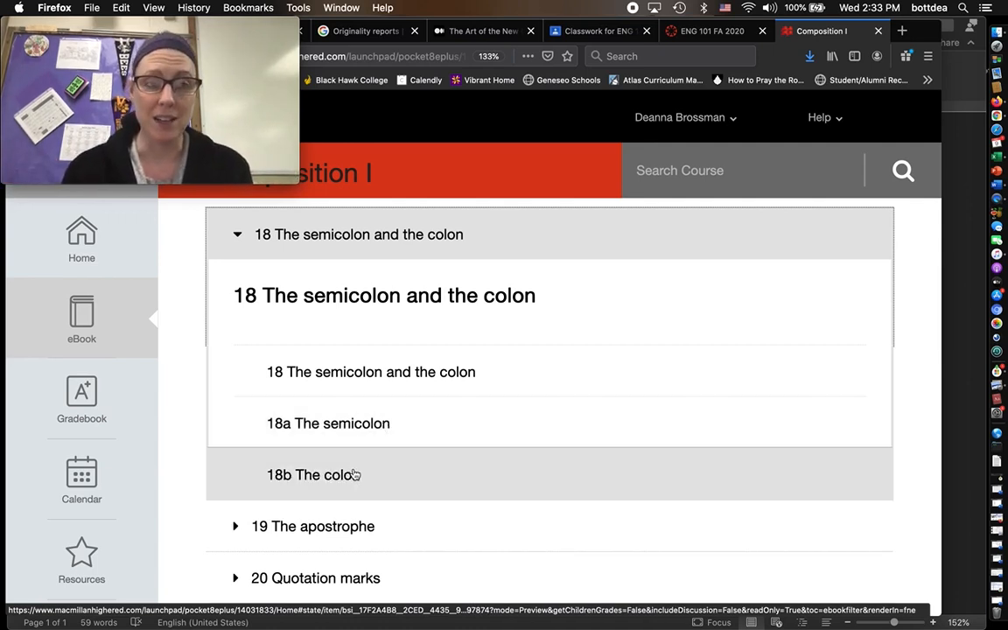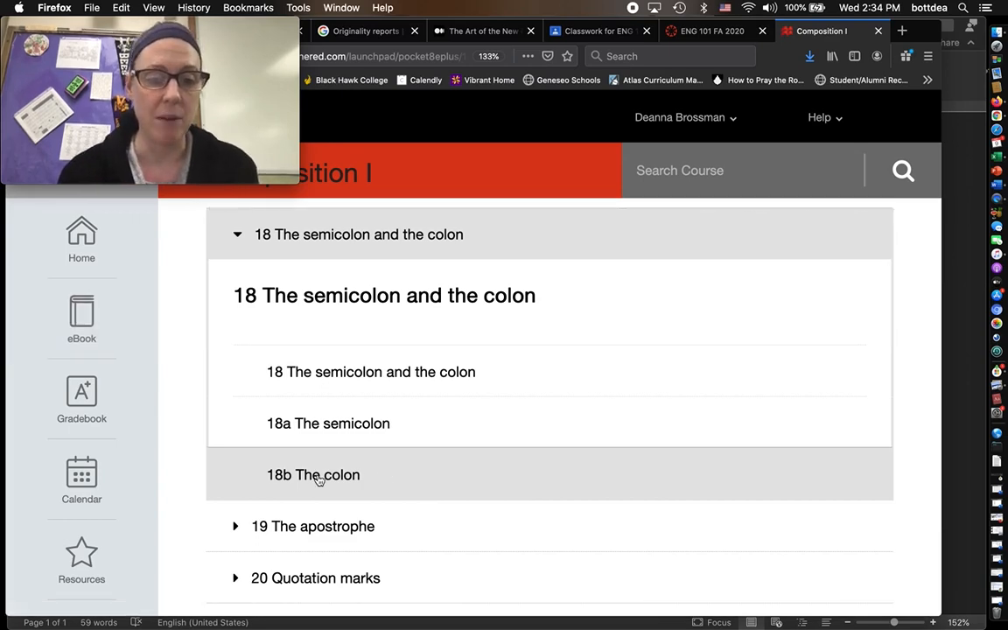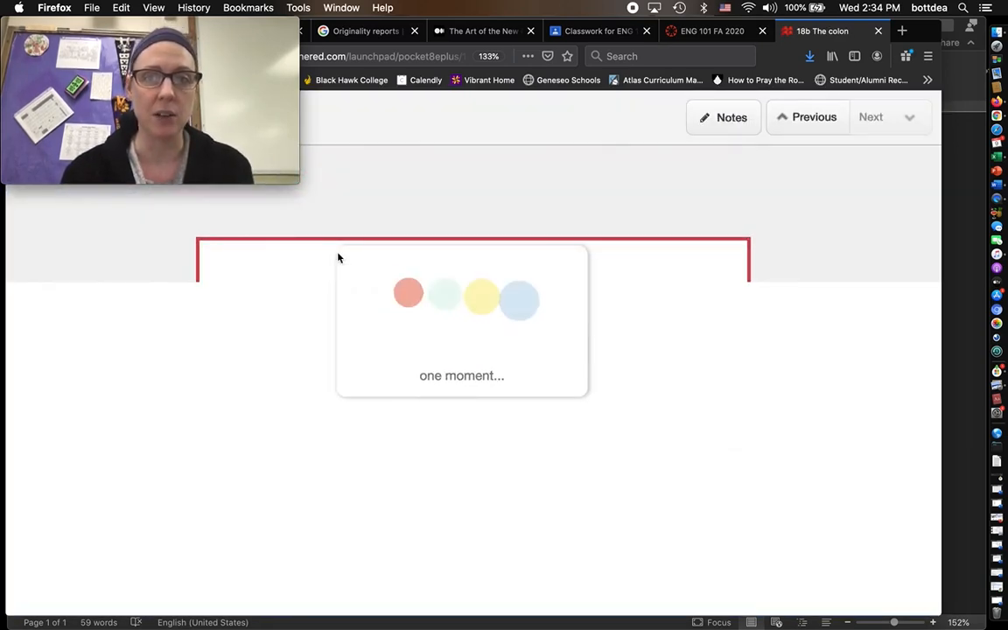The colon is going to be really useful for you in this particular synthesis essay because besides just not mixing them up with semicolons, the most important thing that came from this particular lesson that you're going to want to use,